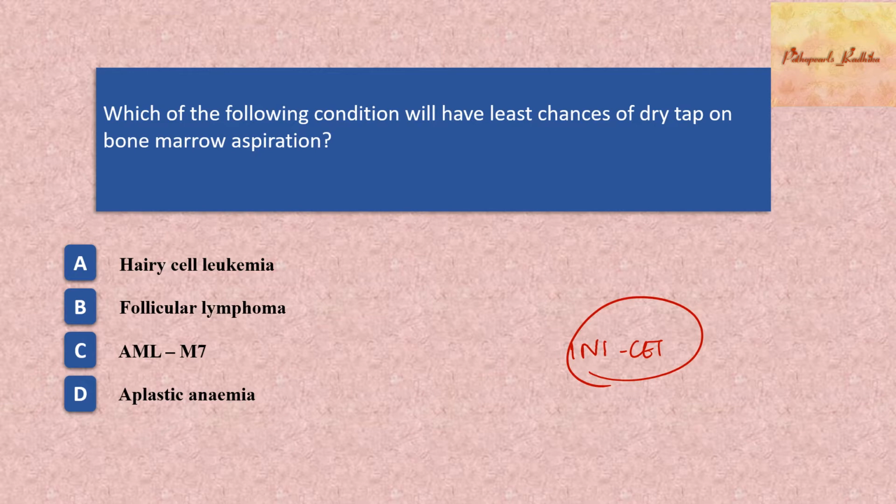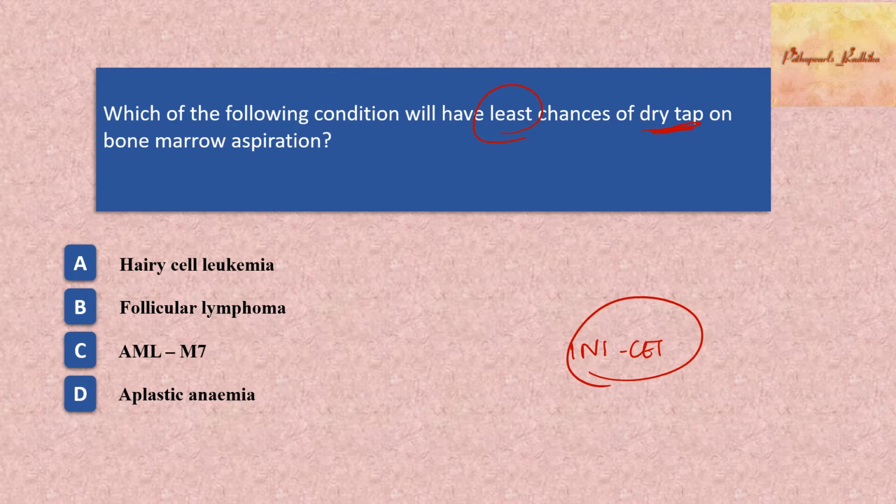Now read the question carefully. Try to spend some time on the MCQ. Read the question carefully, or else you know the concept, but you might answer it wrong sometimes if you're not reading the question correctly. Now see here, you have a dry tap, but the question is about less chance. So it's a question where they ask which is not associated with dry tap, or has less chance of being associated